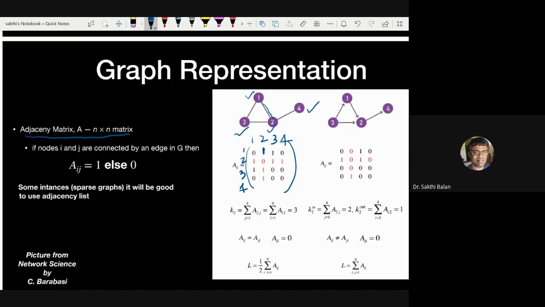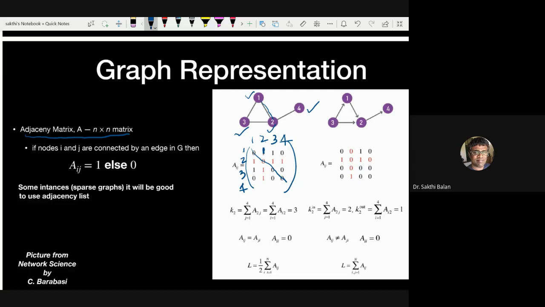Because it is an undirected graph and it's a symmetric relation. If 1 and 4 are not connected, then 4 and 1 are also not connected. If 1 and 2 are connected, 2 and 1 are also connected, right? So likewise, you will have this matrix, and this is symmetrical with respect to the main diagonal. Okay, right. So this is for the undirected version. This is called the adjacency matrix, which is always an n cross n matrix, where n represents the number